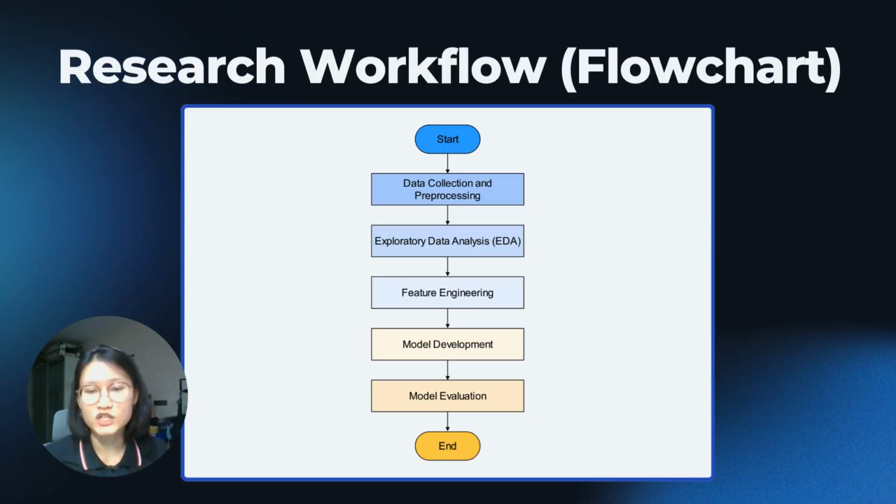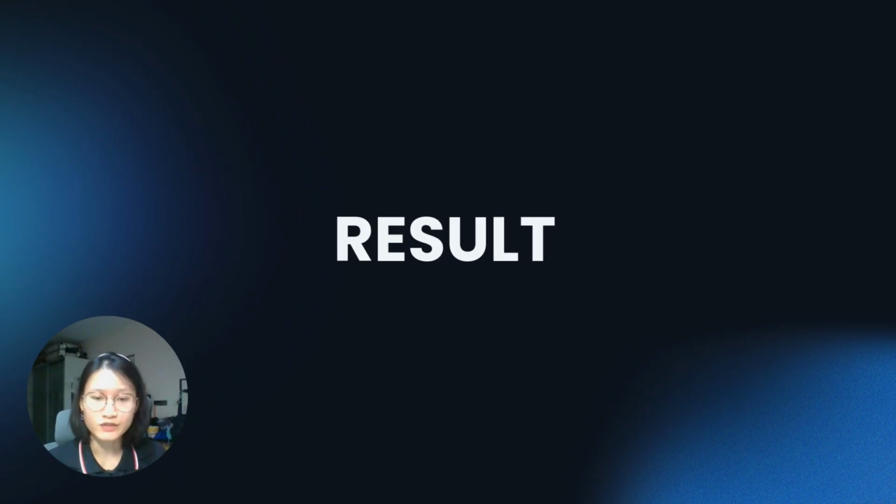Next, we move on to feature engineering, adding features like loan to income ratio. After that, we develop our models: logistic regression, random forest, XGBoost, and then the stacking classifier. And finally, we evaluate them using PR-AUC and other metrics before wrapping up. In the following slides, we'll discuss the results section, where we explain the results that we have gotten from